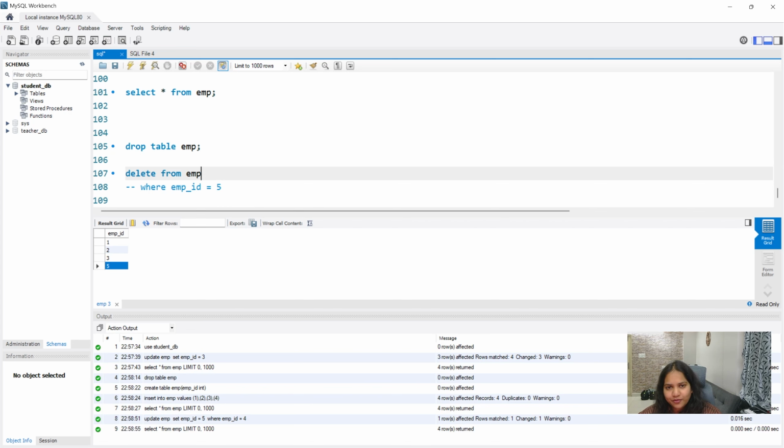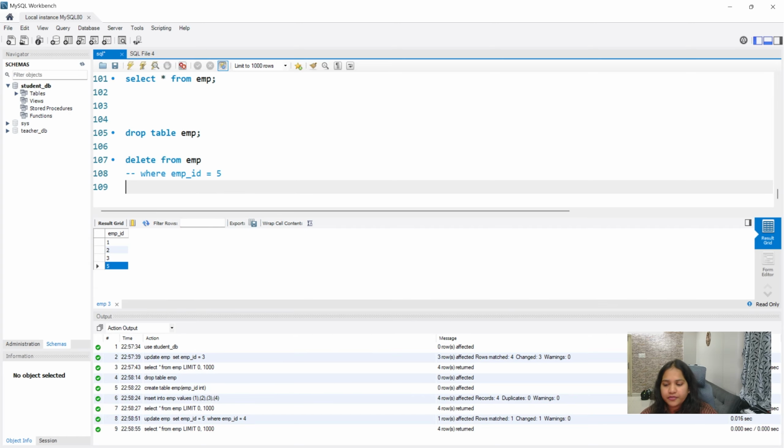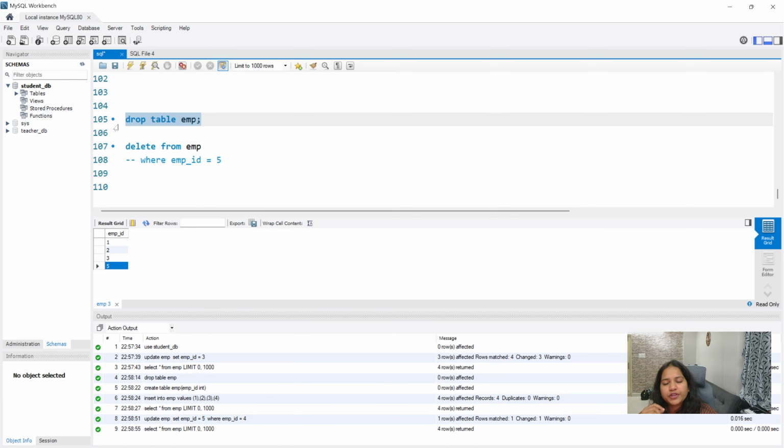And the most asked interview question here is, what is the difference between drop, truncate and delete? Okay, so first, drop will remove the entire table, like it will erase that particular table from the database. You cannot restore that also. And truncate, what will it do? Truncate will remove all the rows from that table and the column structure will be the same, which means the table structure is there, but all the rows will be removed.